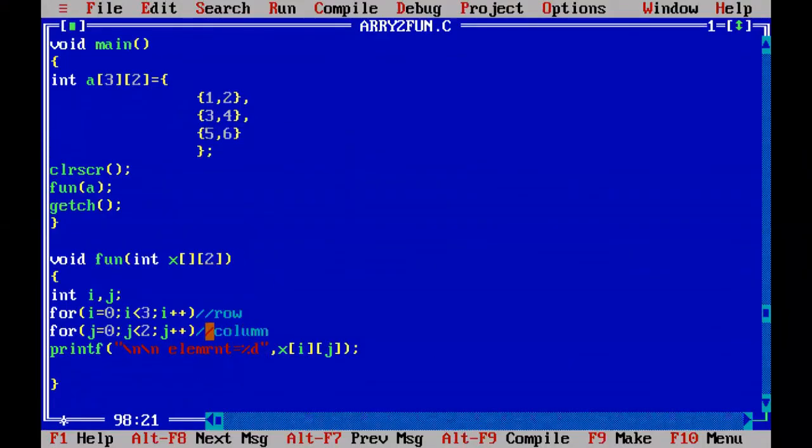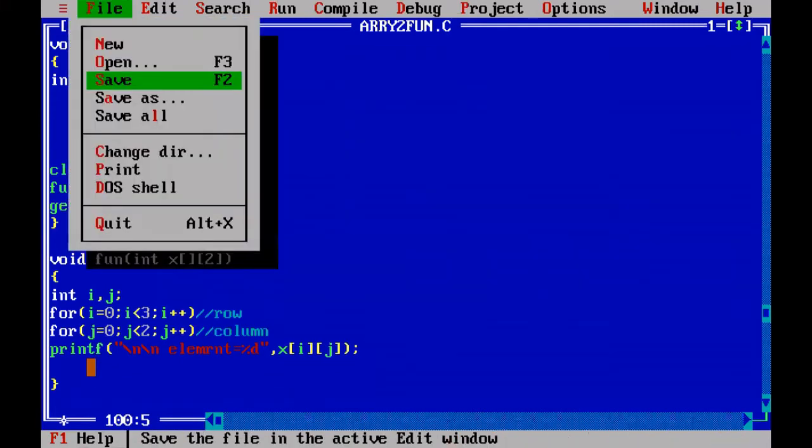From where we got these elements? From this fun a. This main function is calling this fun with the total array of elements, where a is representing total two-dimensional elements. Total 6 elements are passed to x. When x is holding all the 6 elements, we are using 2 for loops to print it. With this, we completed how to pass the arrays to the functions. We completed both one-dimensional array, two-dimensional array, passing single element and passing total array elements.